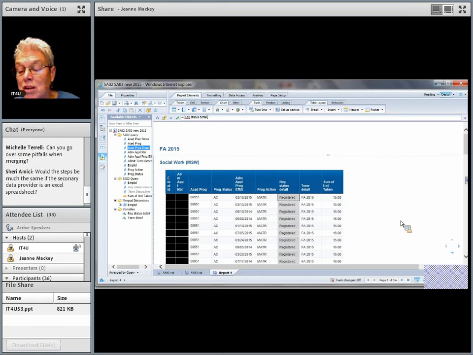Would the steps be much the same if the secondary data provider is an Excel spreadsheet? Sherry, it's not going to be the same. First of all, if you're using Excel as a data provider, you have to go back and change your preferences so that you're using Java, because you can't use Excel when you're just in HTML mode.